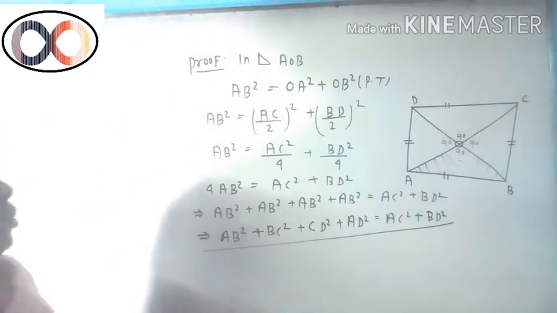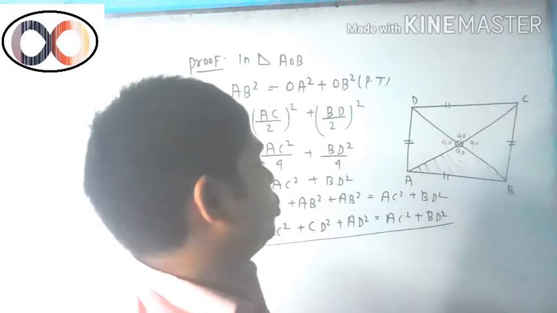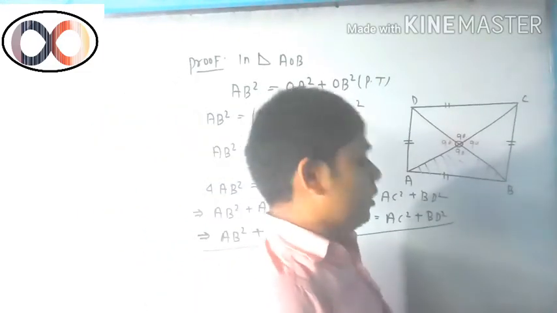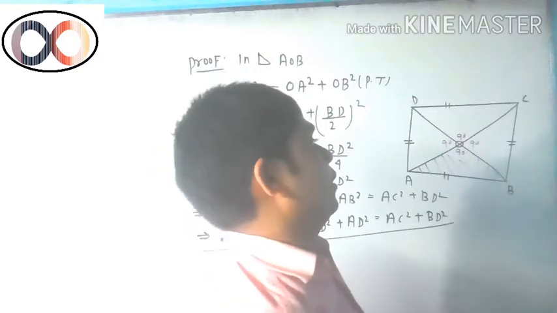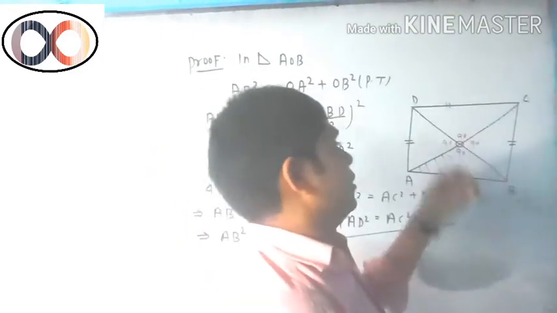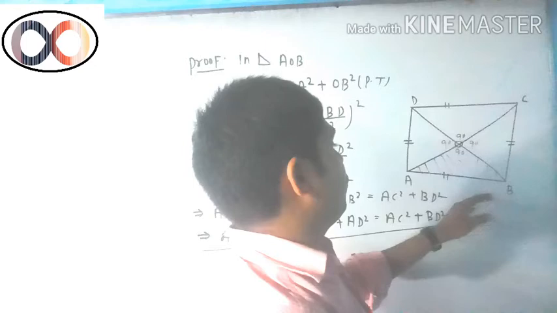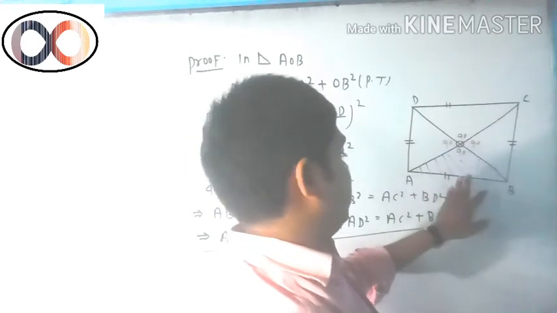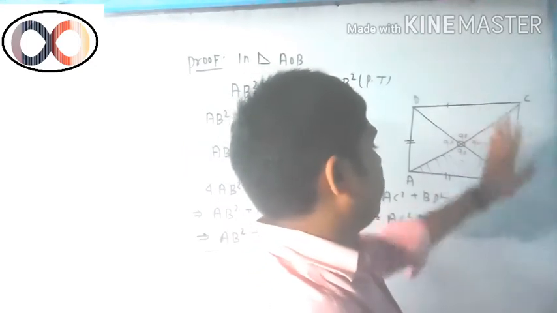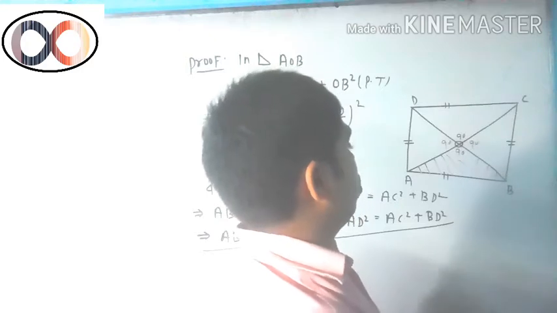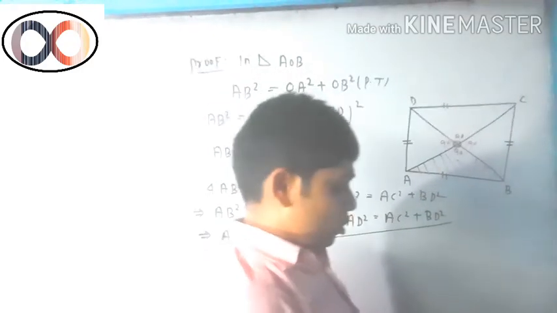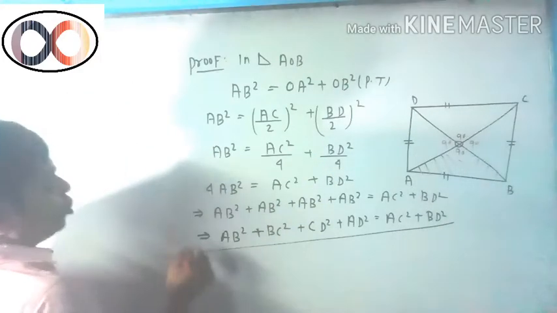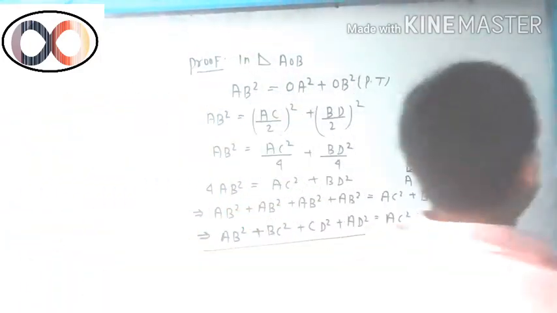Okay, so this is the question. You should always remember the question, because this is a very important part. As you know, many questions exist of this type. Suppose the length of the diagonals is given, then the question is to find the length of the side of the rhombus. Suppose this is the question.